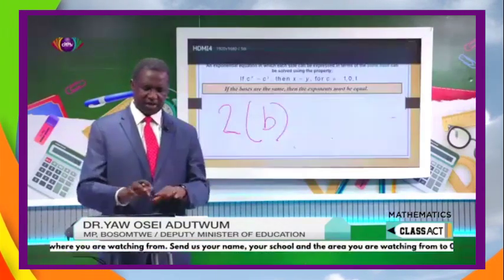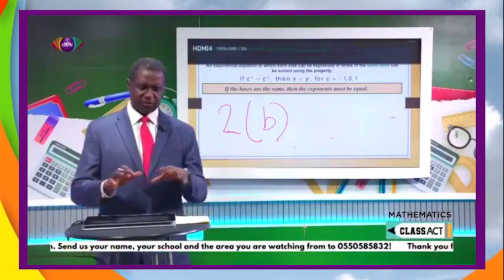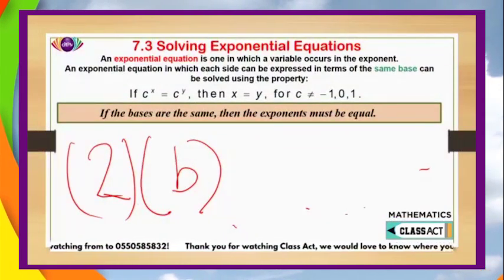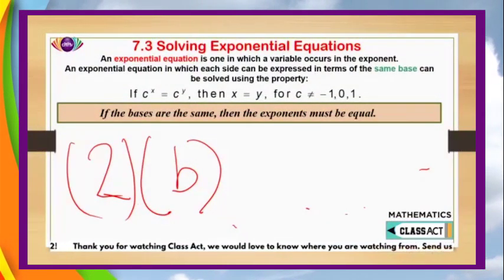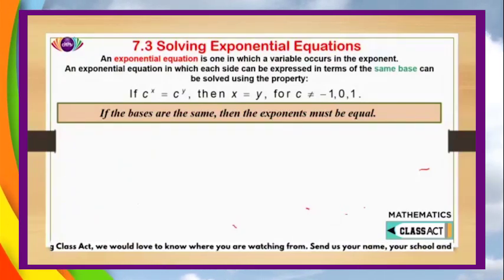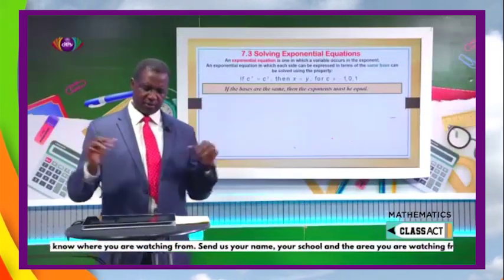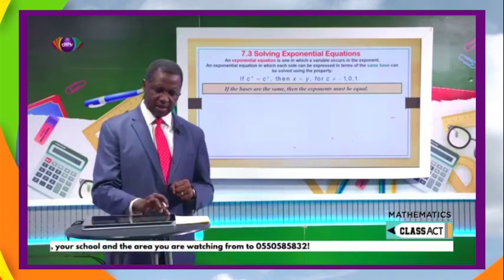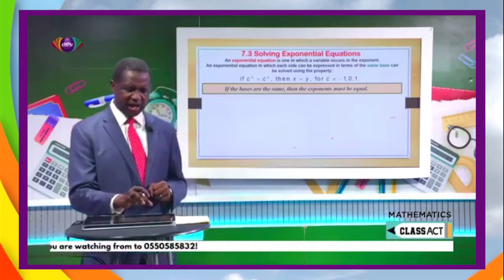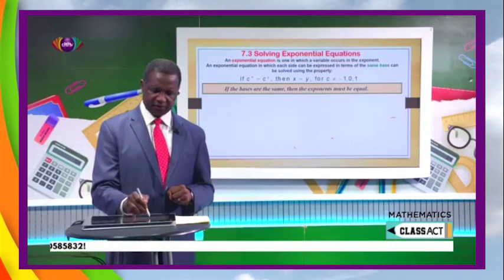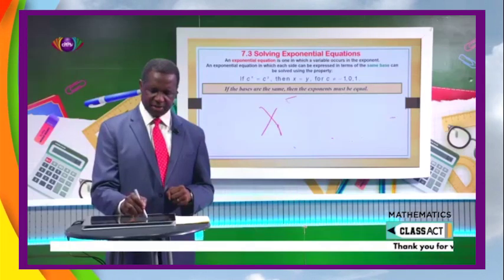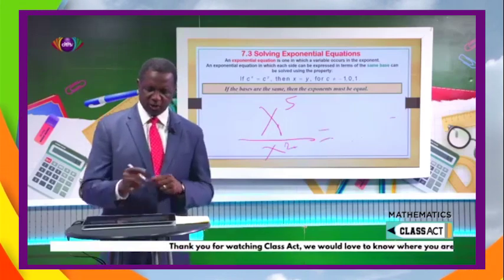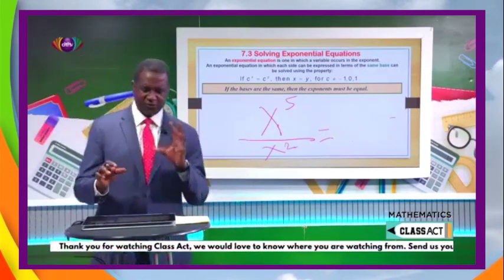Now that we've cleared this and we know different ways that multiplication can be represented, let's move on to some other concepts of exponents. If I have x to the power of 5 and I'm dividing by x to the power of 2, you know that at the top I have 5 x's.